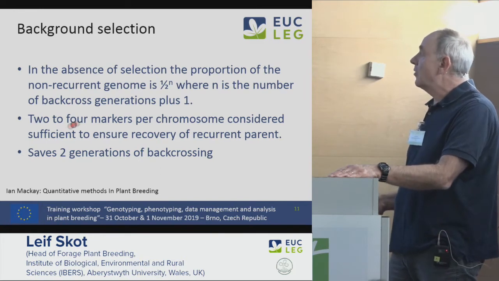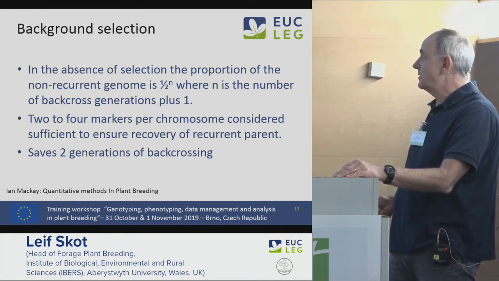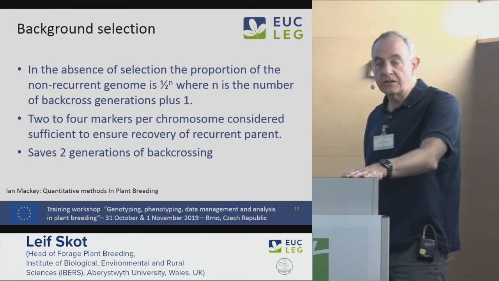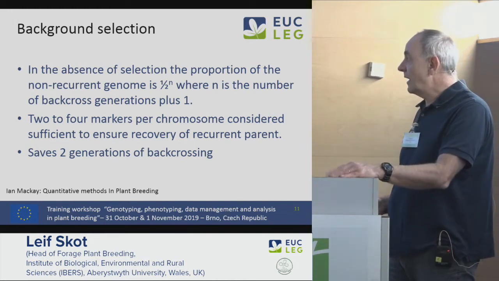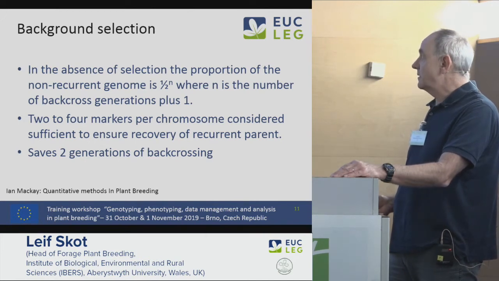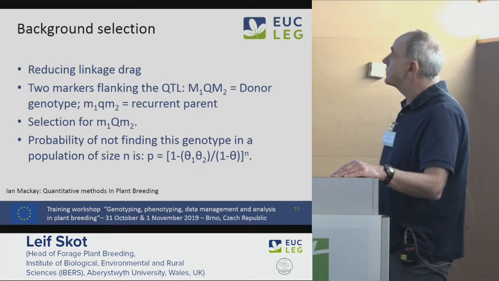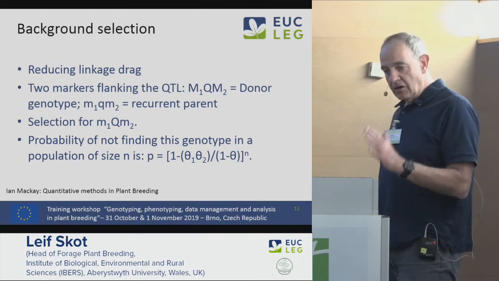So according to Ian Mackay, he thinks that 2 to 4 markers per chromosome is considered sufficient to ensure recovery, and that could save a couple of generations of back-crossing using marker-assisted selection. So that's examples of where it is useful to use marker-assisted selection. And so background selection on the